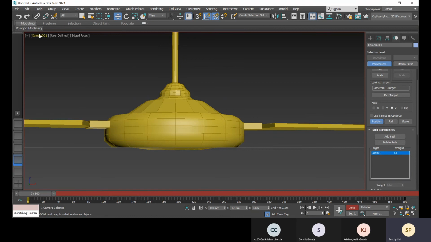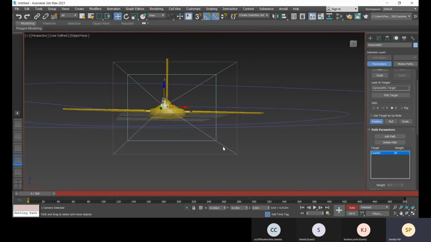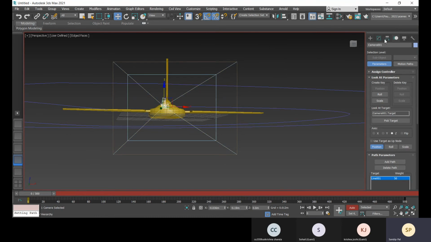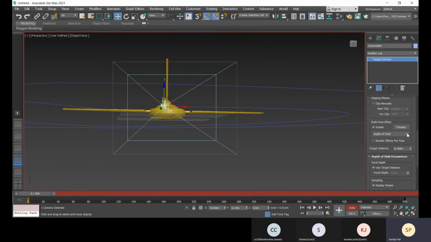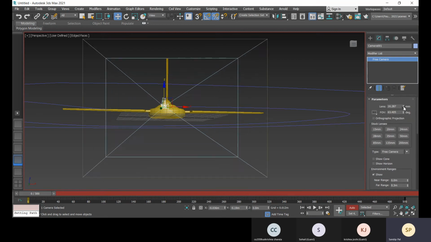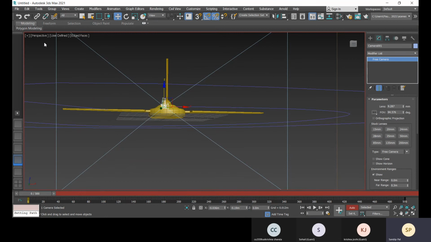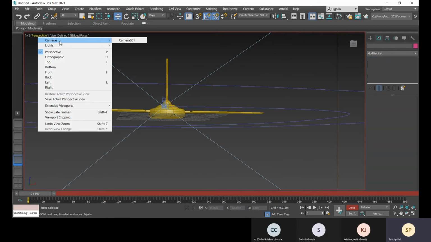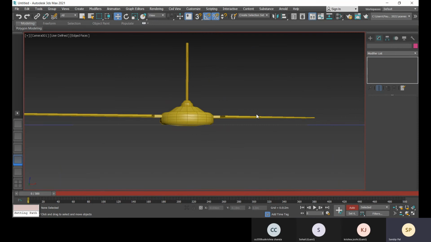So what you can do, you can come back again to perspective, and select that camera, and go to its properties, and you can change the lens. Okay, and again go back to camera view.